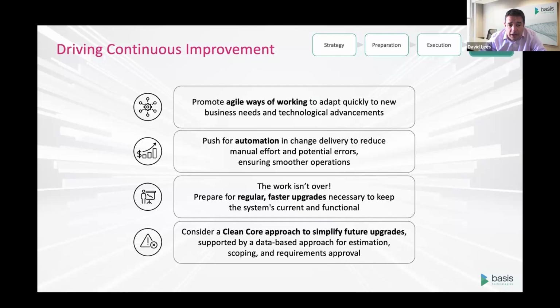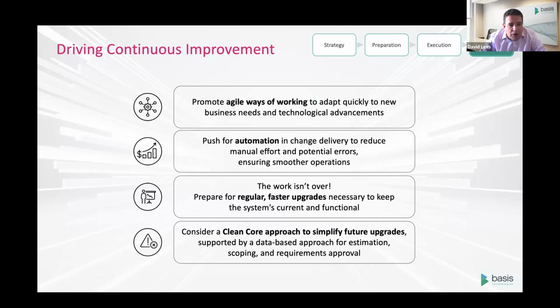And lastly, consider the clean core approach, even if that's something that you defer to after the S4 transformation. How can you approach that to look at where you need to do it, how much effort that clean core refactoring will be, and where can you take advantage of ongoing work to maybe do this in a phased approach, let's say.